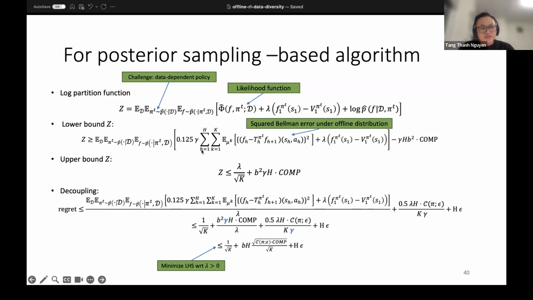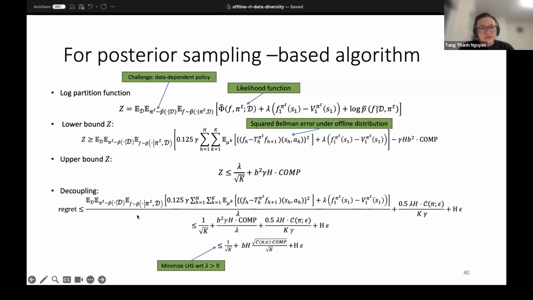Let's say the second one is the value gap, and then the log of the posterior distribution. Then we can lower bound this by square Bellman error under the offline distribution, this term, the mu here, and also the value gap term here, and some extra term that we totally have control over. And then we upper bound Z, the log partition function, by this one. So it scales with gamma lambda over square root of k, and then the complexity. And plug it in using the decoupling